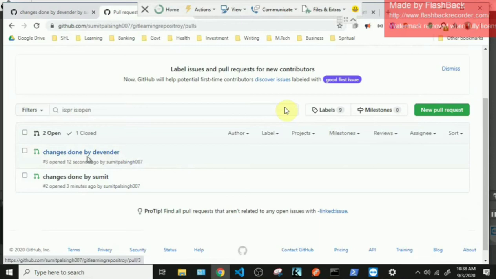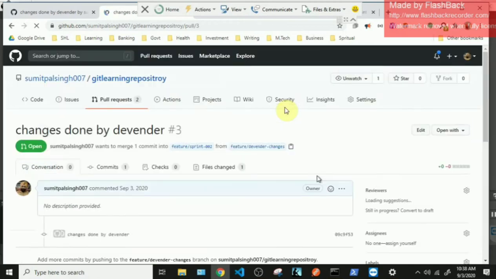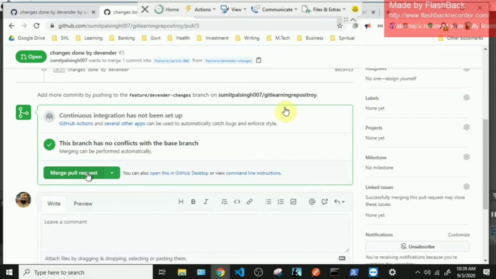So when we are at the end of the 2 weeks of our sprints and we realize that we need to merge all the pull requests now. So what I'll do is one by one, I'll open first Devinder's pull request and I will merge this pull request. I'm writing a message as well.